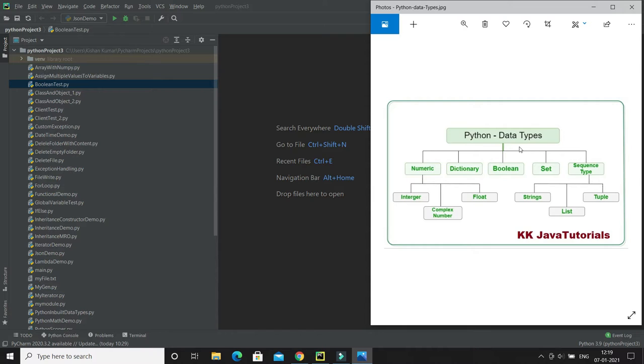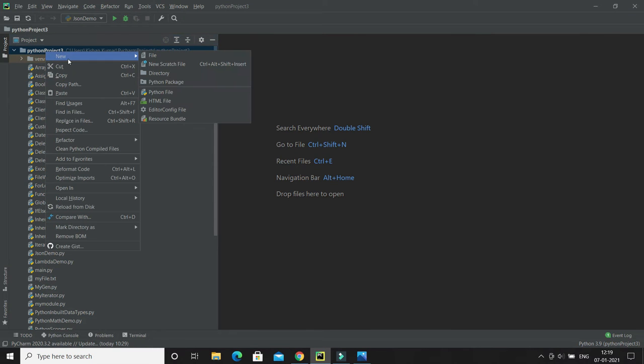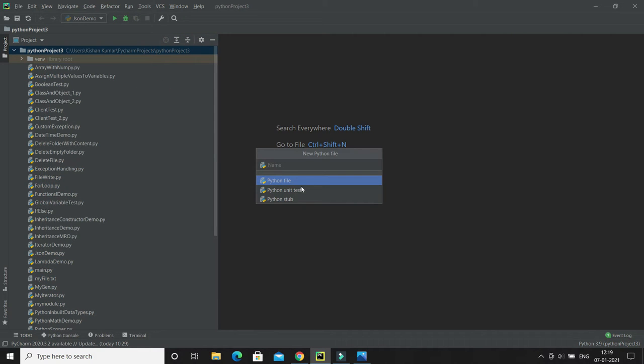We can also say that a list allows duplicates, meaning since lists are indexed, a list can have items with the same value, or duplicate values, right? So let's try to understand how to create a list and display it. Let's start with the basic stuff. Here I'm going to create a Python file. I'll name it list basic concept.